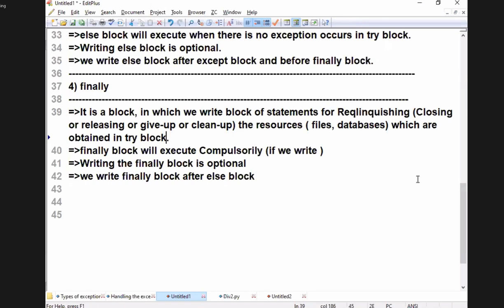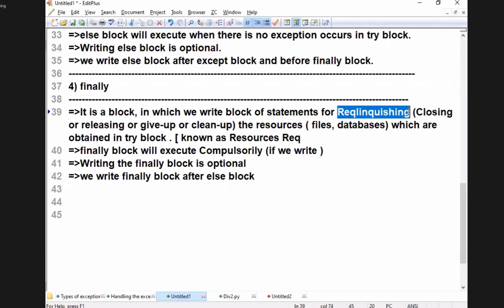Try block. Which block are you relinquishing them in? That's why it is known as what? We can call it the resource relinquishing block, or resource releasing block. In the bracket I will write, known as the resources relinquish block.